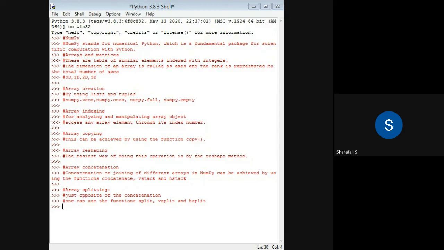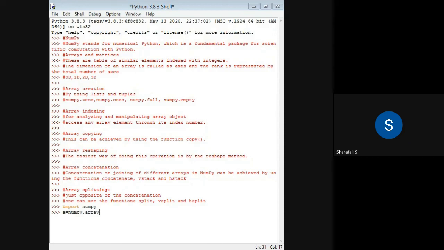So how we will represent all these things, we will perform all those operations here. First I will create one array, and in order to create an array, first we have to use NumPy. In order to use NumPy, we have to import the NumPy module. So first I will write import numpy. Okay. And after importing this particular module, I have to assign some name, a equal to numpy.array. So I am using the array function from NumPy.